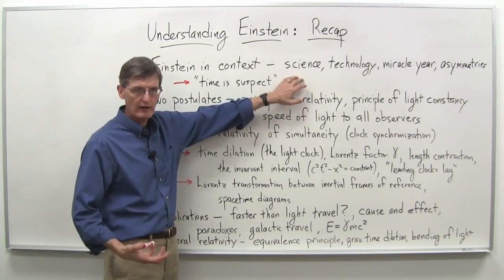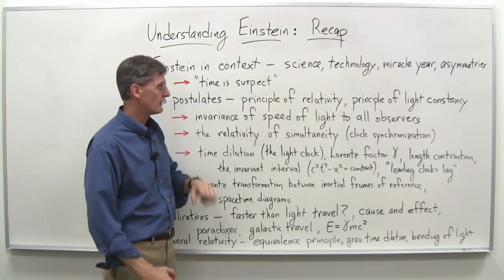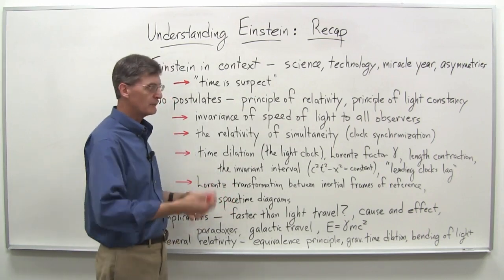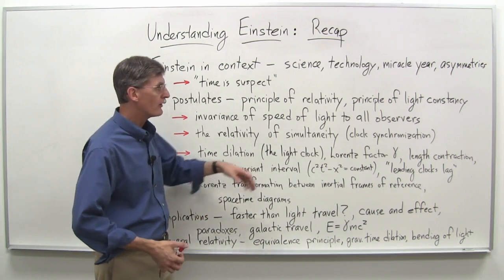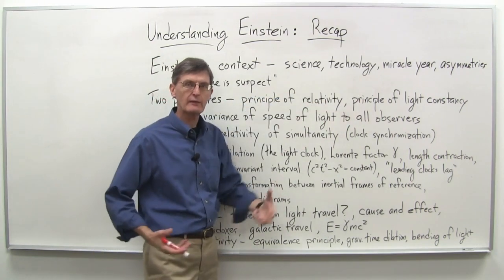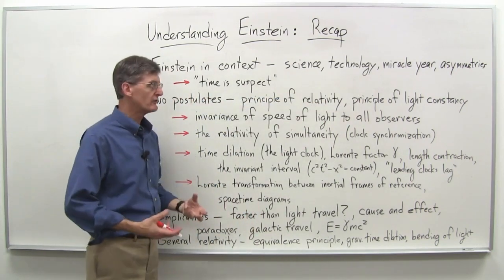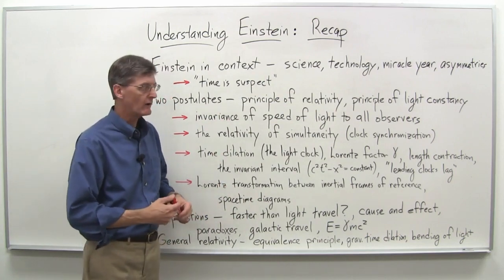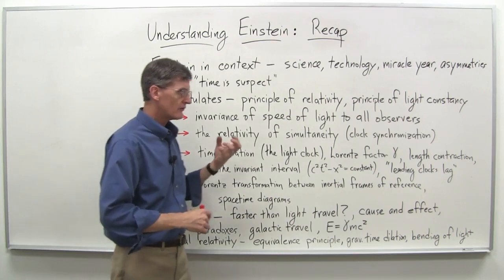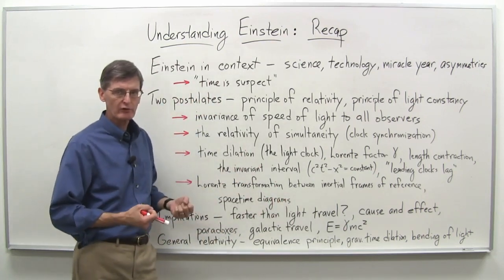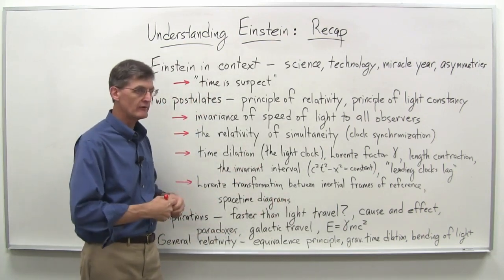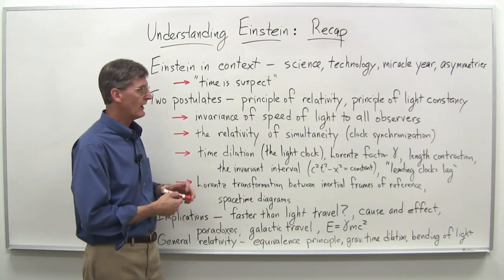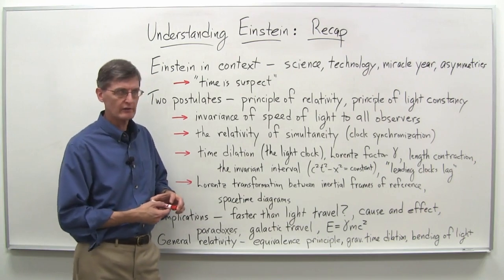So remember, we started off just talking about Einstein in context, which meant looking at the scientific background of his time, some of the key scientific discoveries and developments throughout the 1800s. Einstein being born in 1879, of course. Also the technology of the time, because remember his family was very involved in electrotechnology, and of course later on he worked as a clerk at the patent office, and so saw a lot of the things that were going on